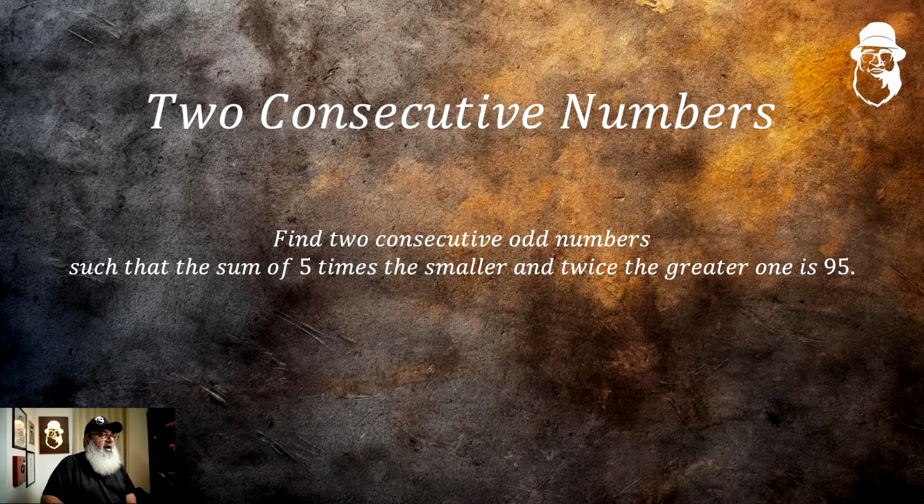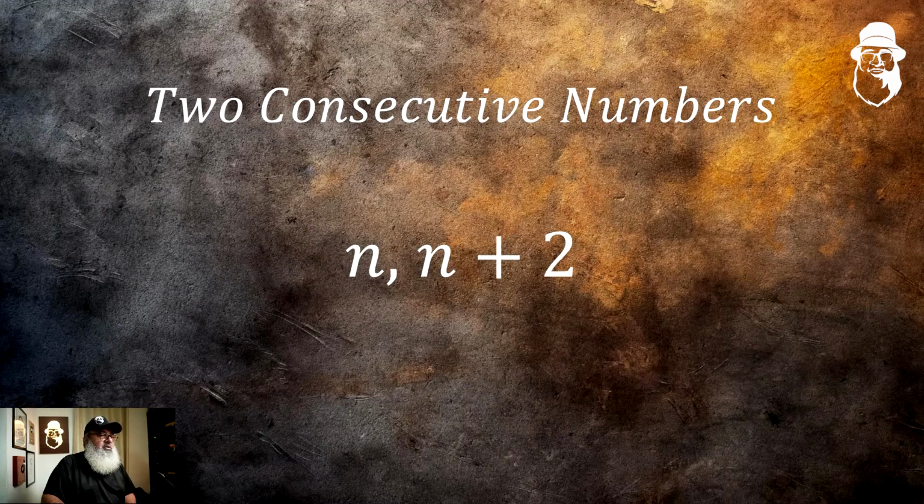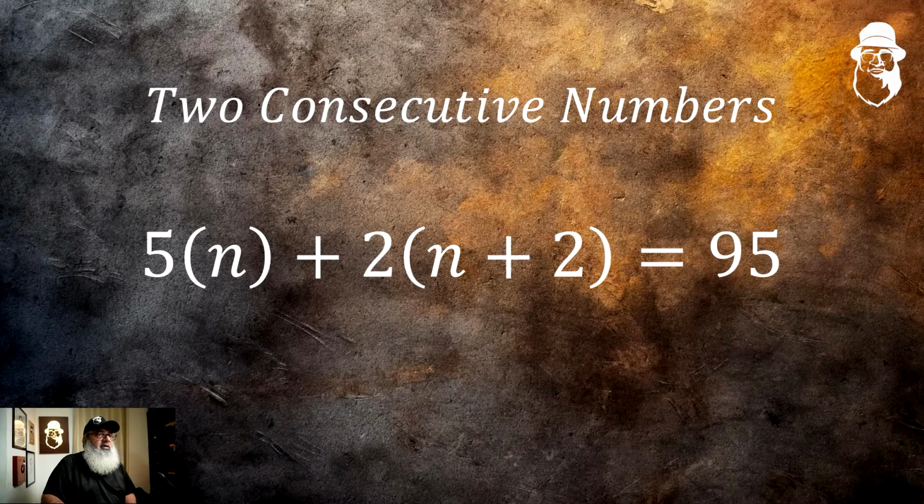Now, here find 2 consecutive odd numbers such that the sum of 5 times the smaller number and twice the greater one is 95. So, according to the question, we have 2 consecutive odd numbers, and we know that odd numbers go up in twos, meaning there is a difference of 2 between any 2 consecutive odd numbers. So, let's say those 2 numbers are n and n plus 2, and the question says that 5 times the first number